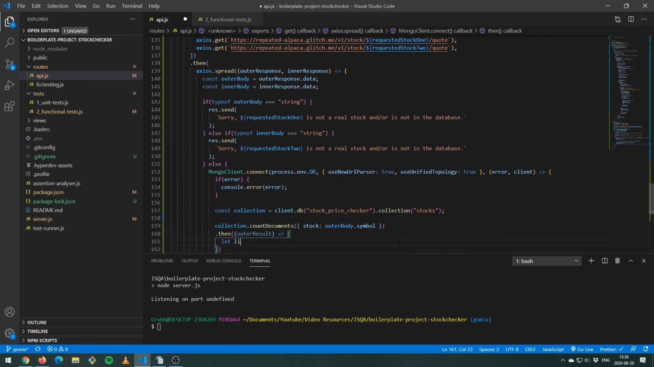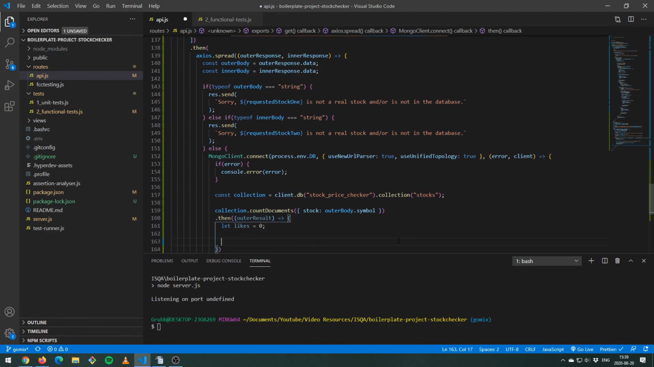And here I'll go for let likes is 0. This is kind of ugly code, and some of the code I'm writing here is going to be a bit ugly because I'm sort of band-aiding this because it did work and then some stuff got deprecated and didn't work, so I just fixed stuff. But if outer result is 0,